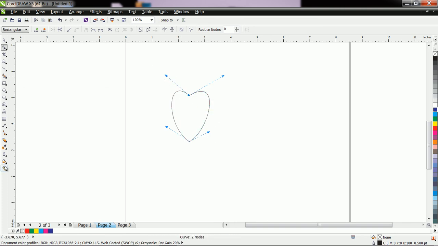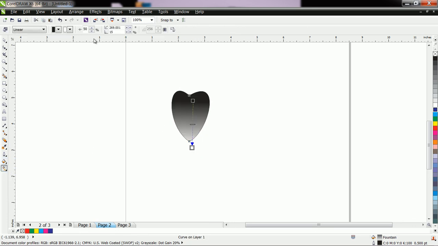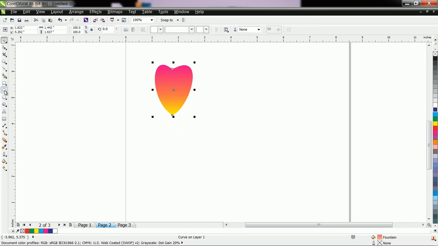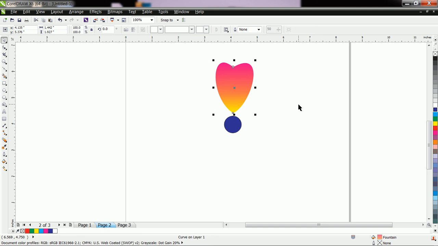You can also use shades here. Suppose I use interactive fill, and now remove the outline. Okay. For reference, we have to use a middle circle. With the help of this circle, we have an idea how to arrange the whole shape. Therefore, here also use copy paste. Suppose here I use vertical mirror.